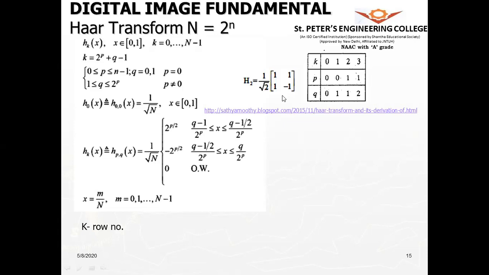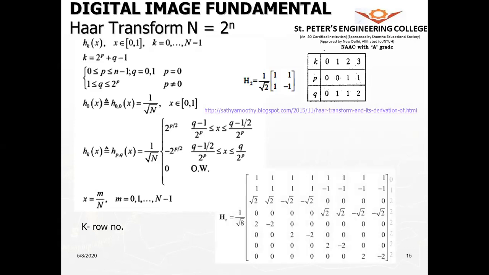So from there, this will be the starting matrix, just like we had seen for the Hadamard transform. So this will be the starting matrix for the Haar transform to build multiple transforms, I mean the matrices of different sizes. So for the 8 cross 8 matrix, this is the result obtained.